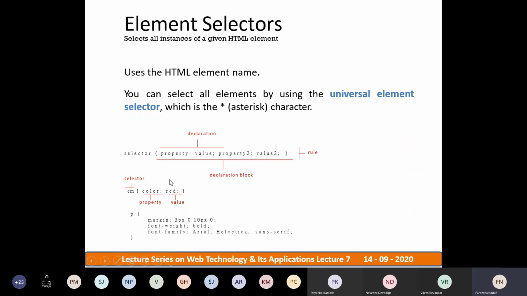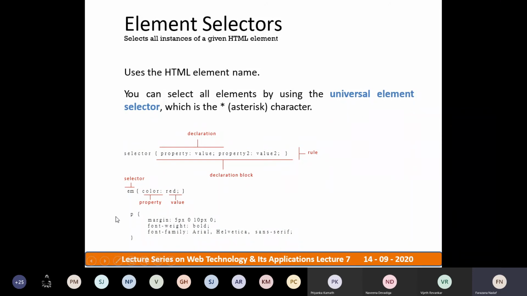Now, how will the element selector be added? Already we have seen the element selector directly or indirectly, because we have used examples of how selectors are added in the pages. Right? Now, the selector for a specific element. See here, there is a paragraph element where we are adding different styles for the pages.